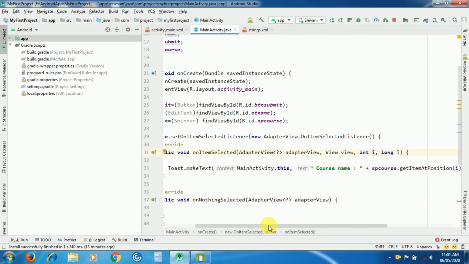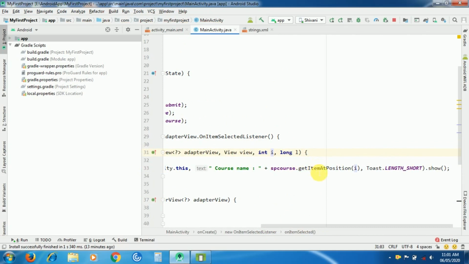So I have passed the position here. It will return the name of the item which is present at that position, plus we have to show the position where it is located.